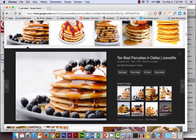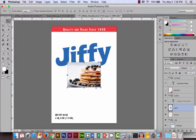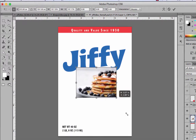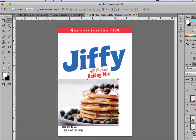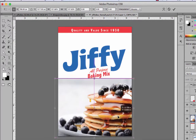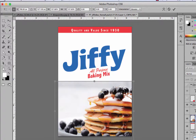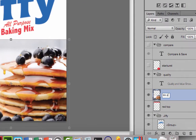I'm just grabbing one here, and I'm just going to copy it. And I'm going to go back to Photoshop. Now you could try a couple and see how they look, but I'm going to paste this in here, and you can see this one isn't very high in resolution, so I have to scale it up, which isn't always a great thing because it will lose something. But I'll throw this one in here first, and I'm not sure what I'm going to do with it yet, and I'll just call it BB Pancakes for now,